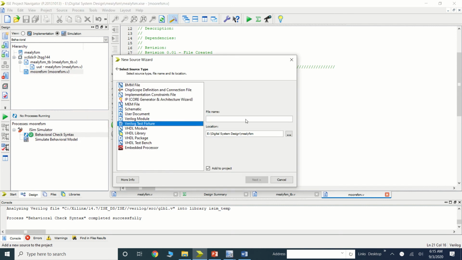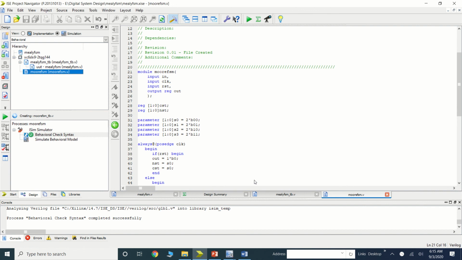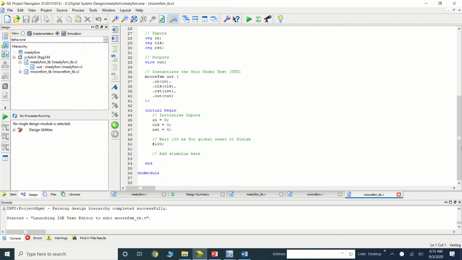So Verilog test fixture, here I am assigning the name as Moore FSM TB. Here we have to select the Moore. Okay, now here again there is a skeleton for this.